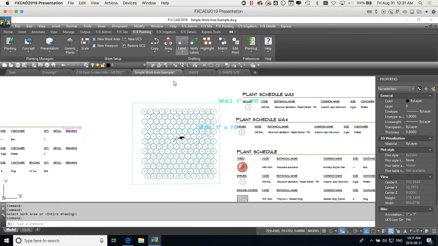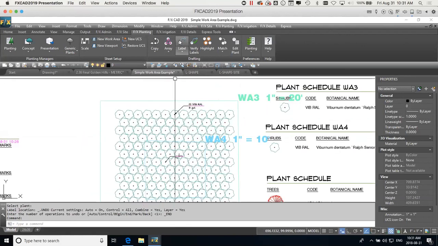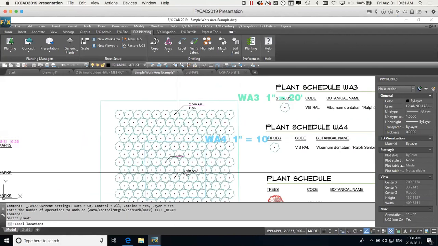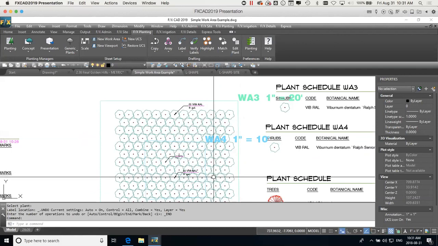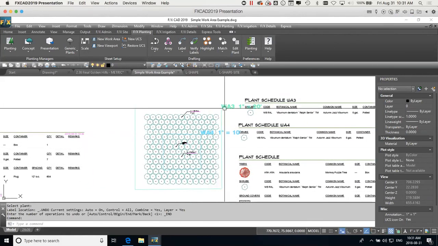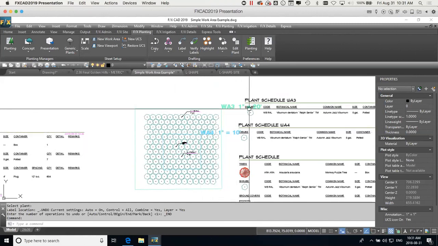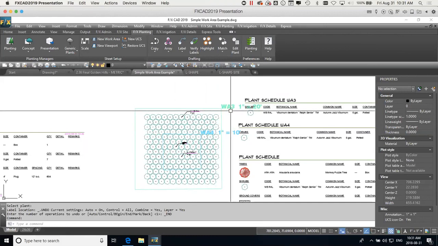So if I now label out here, it's 20 scale, and if I label in here, it's also 20 scale. So that means that that is a limitation you need to be aware of. You can't have nested scaled work areas. This outer work area does need to